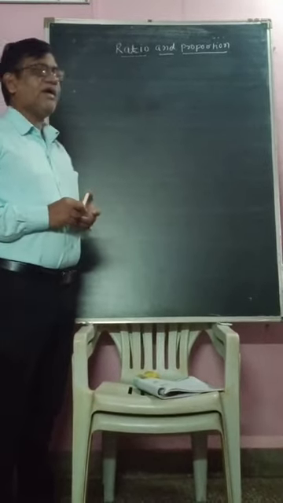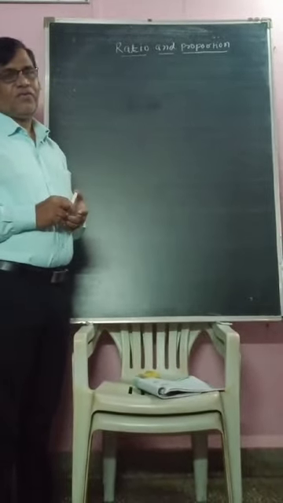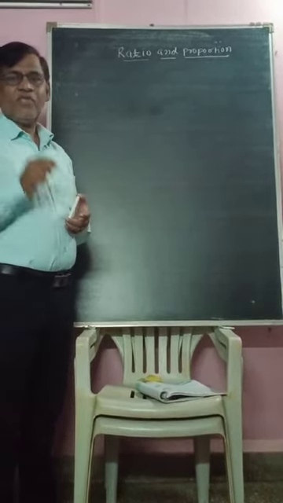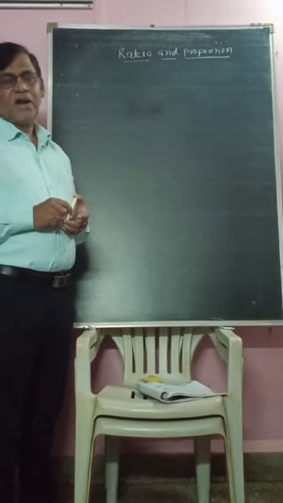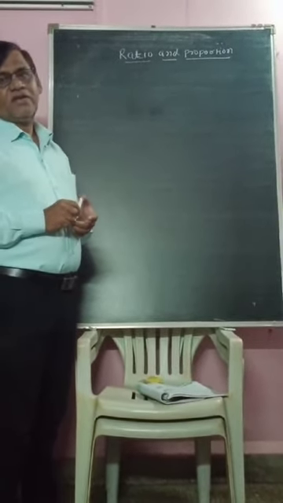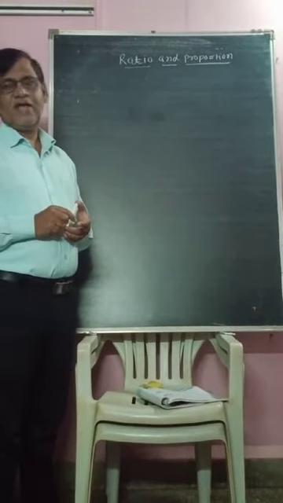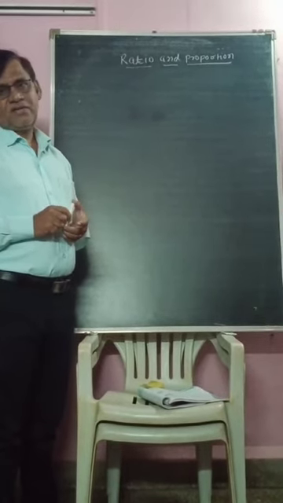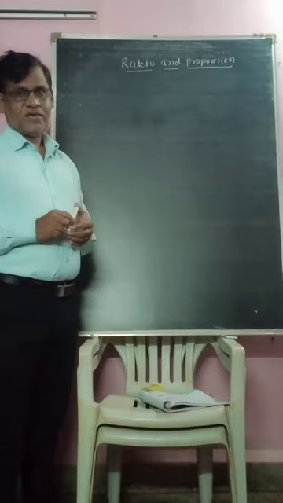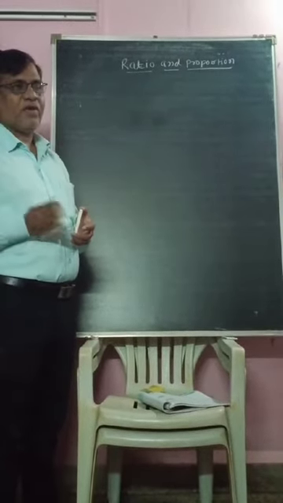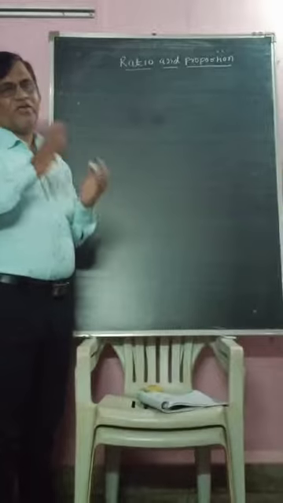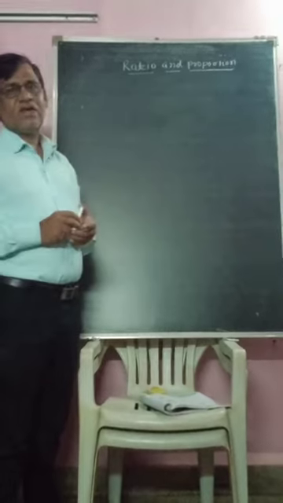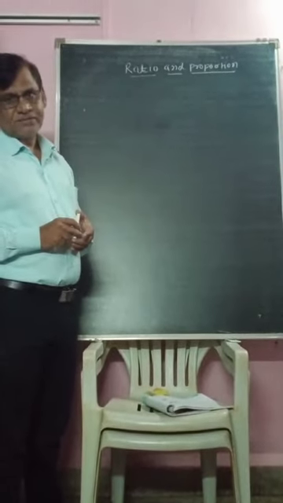But when we compare two quantities in a ratio, some conditions apply. Both the quantities must be of the same kind, and both must have the same unit. Then and only then can you compare the two quantities in mathematics. So comparison is nothing but a ratio. If we compare the first quantity to the second quantity, it is the ratio of the first quantity to the second quantity. And when we compare the second quantity to the first quantity, it is the ratio of the second quantity to the first quantity.